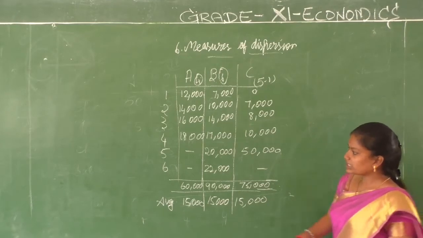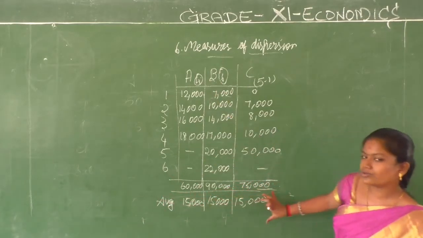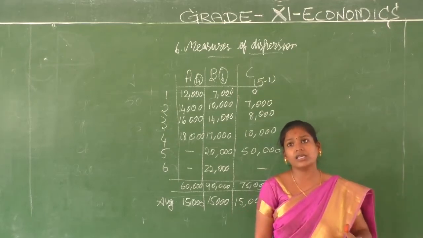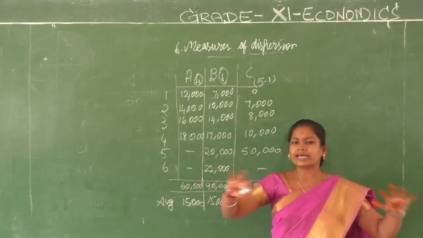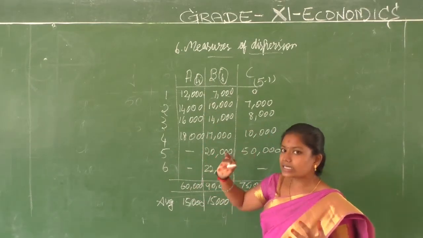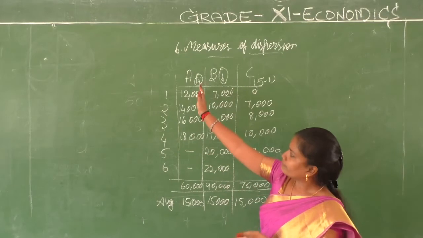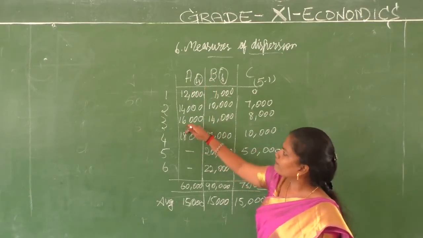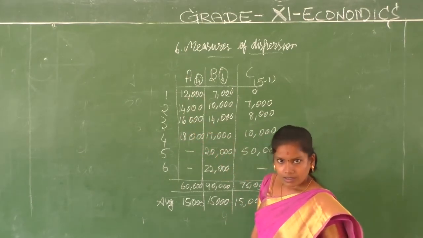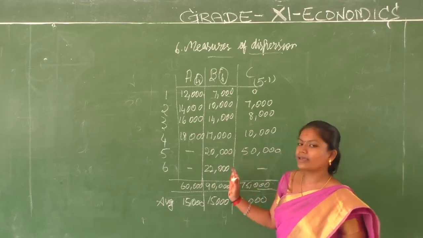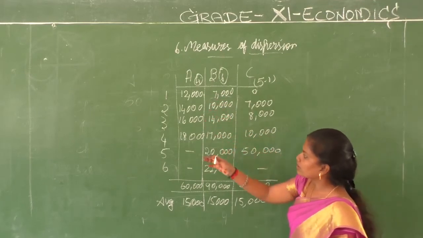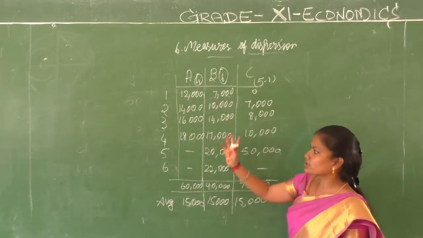Now what we have to see, using the measures of central tendency, we just get 3 equal arithmetic means, 3 equal average incomes, but they are entirely different. Average income same, their family positions are different. There is a difference in the income they are earning. When we compare Ram's family, we don't have a maximum difference, just 2,000 difference between each member's income. Talking about Rahim's family, there is a difference like 3,000, 4,000, 2,000.